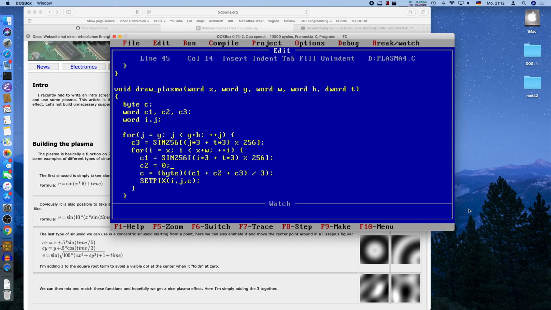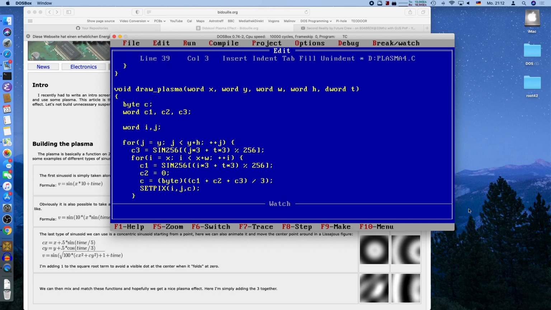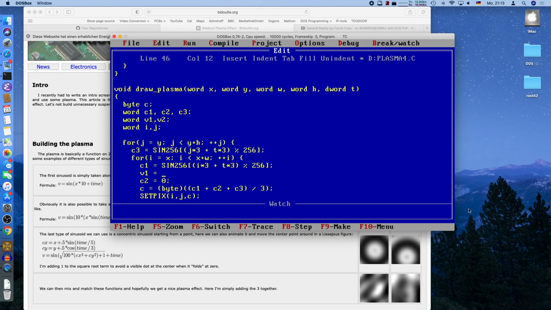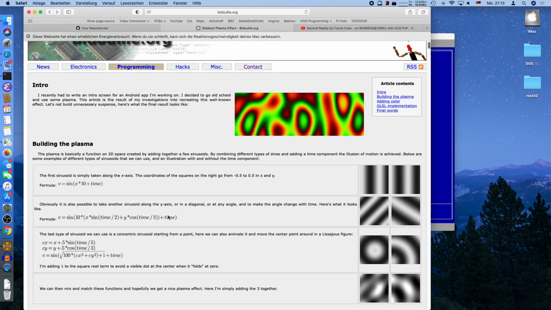So the only thing to make it look quite interesting and what is missing is the rotating lines, basically. And how do we do that? I'm going to introduce two more variables, v1 and v2, two temporary variables, otherwise it will get very, well, nasty looking. And the first one is actually basically just a time-based sine. I want to have it moving. This is the time term, basically. Here, this part,